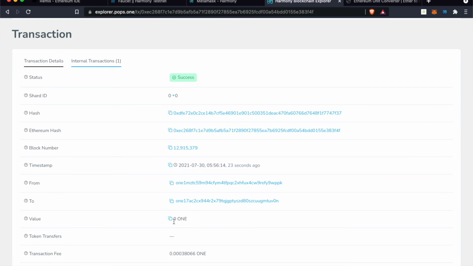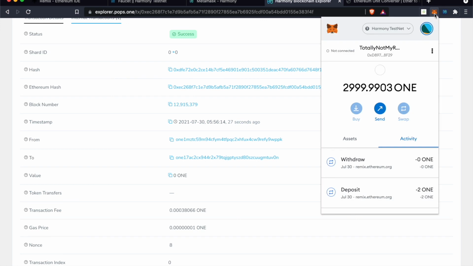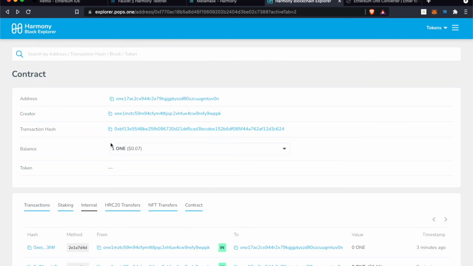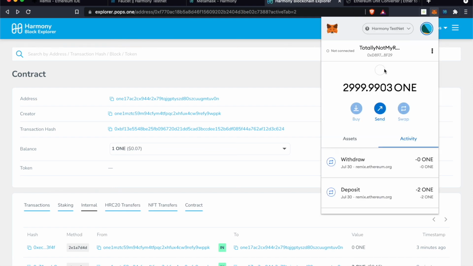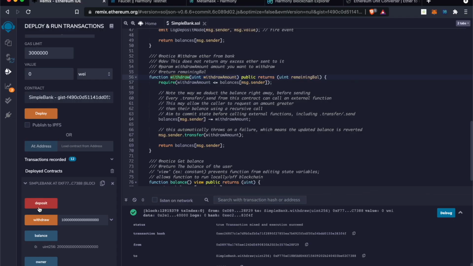we didn't transfer any ones, and a few things have happened. If I go to my balance, I'll see that it's increased by a little bit. So it's increased by 1. Before it was 2998, now it's 2999. So as you can see, the balance is now decreased by 1 on the contract itself, and your balance has increased by 1. So if we go ahead and look at the balance again, we see now it's decreased to